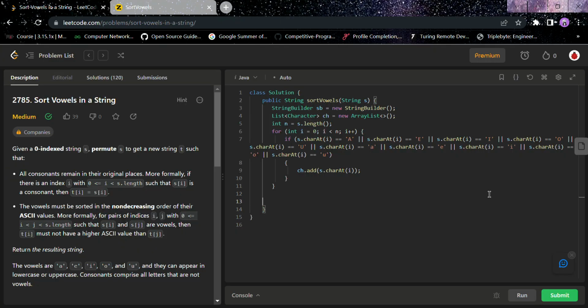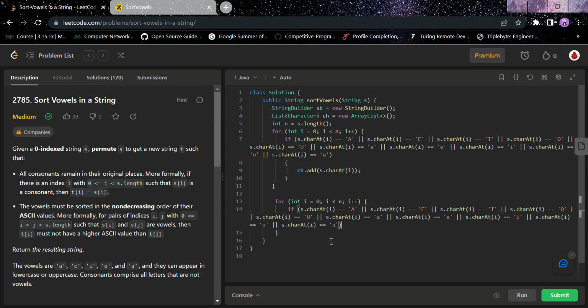So again we have to iterate for i from 0 to n. Now check this. Again if we catch a vowel,